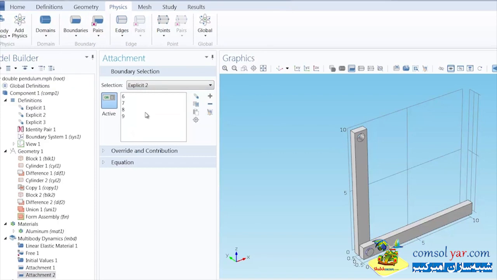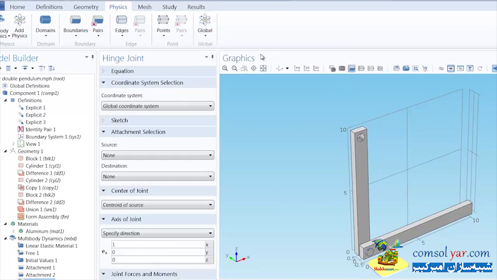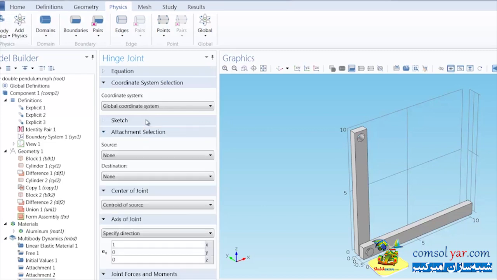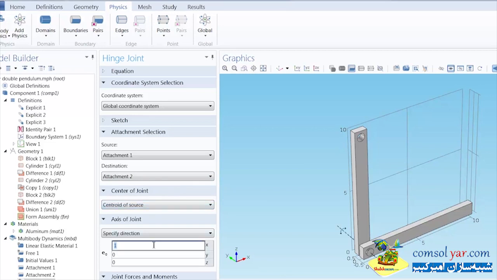Under Attachment 2, a joint between these two attachments can now be created. In the ribbon, click the Global button and select a hinge joint. In the Joint Setting window, you can view the joint sketch by expanding the Sketch section. Choose Attachment 1 as the source, and Attachment 2 as the destination attachments for the joint. We retain the default centroid as source as the center of the joint, and specify the joint axis to be